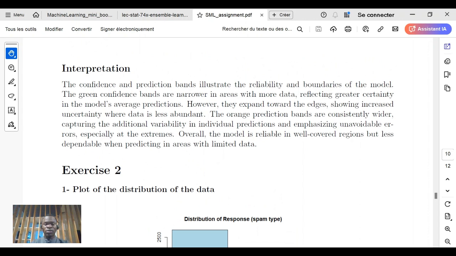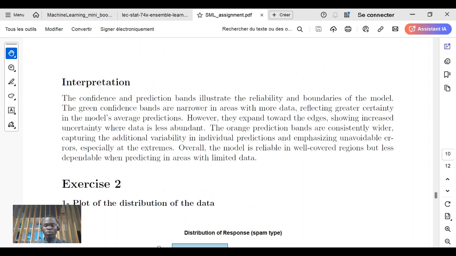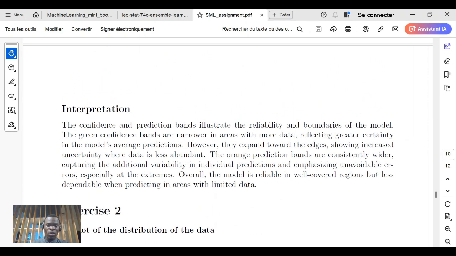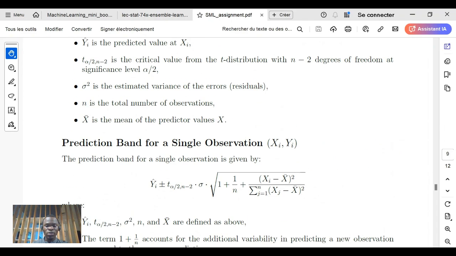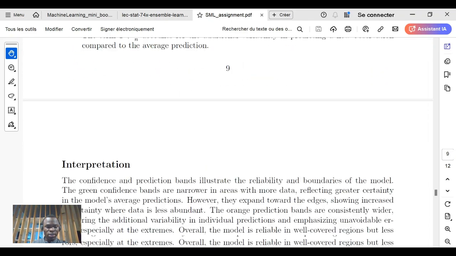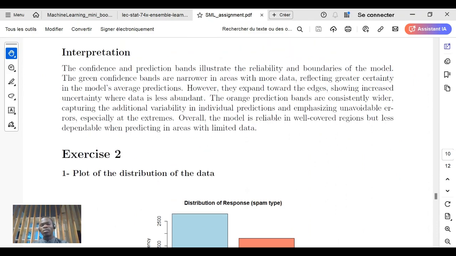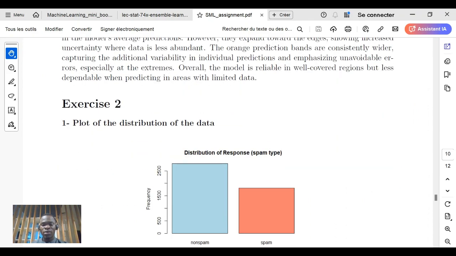The green confidence band is narrower in the areas with more data, reflecting greater certainty in the model's average predictions. However, the orange prediction band consistently captures the additional data variability in individual predictions, facing unavoidable errors, especially at the extremes. You can notice that. This is the end of the first assignment, and the second one is the case of